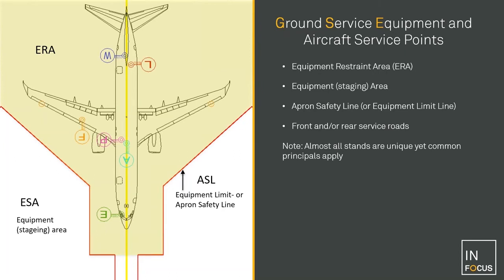The white area here is your equipment storage or staging area, and the demarcation line is usually just a red line. This differs from one scenario to another, one country or one guideline to another, which I'm referring to here as an apron safety line, or often known as an equipment limit line as well. And so, just looking at these are your main service points on the aircraft that we're going to look at